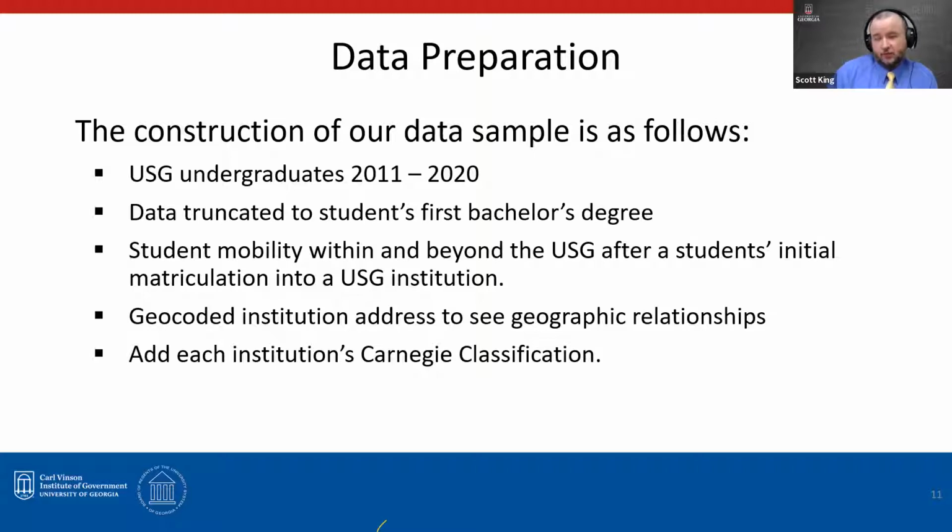The data is truncated, so we looked at all of the enrollment flows of those students within the Clearinghouse. We stopped it after the student earns the first baccalaureate completion, if they do earn the first baccalaureate completion. Student mobility